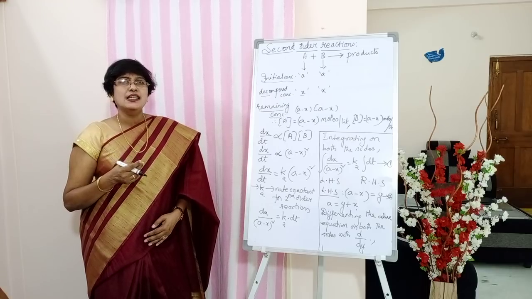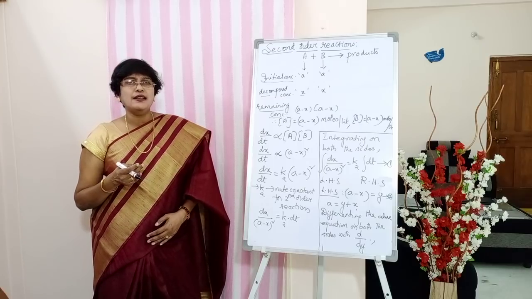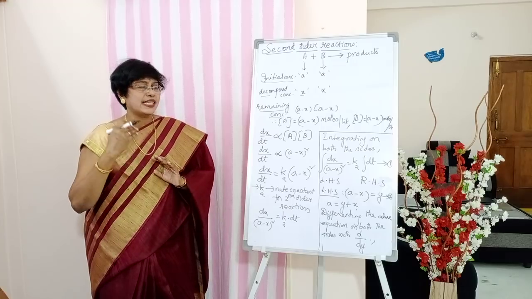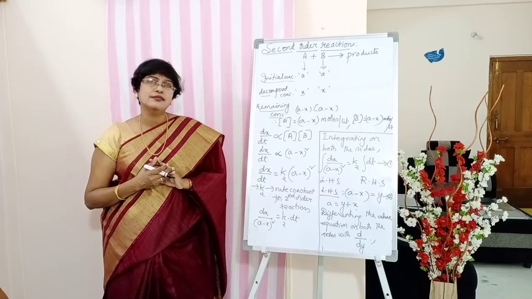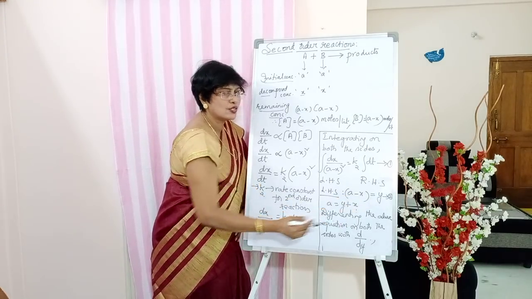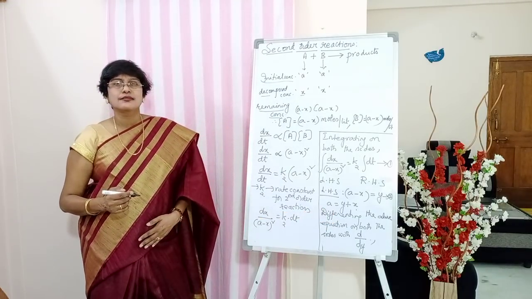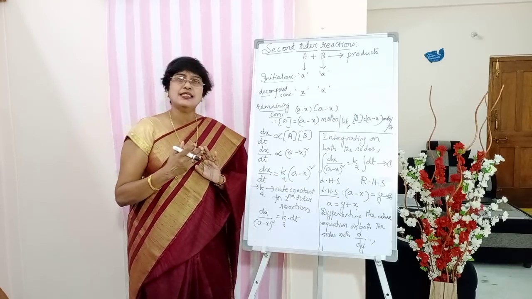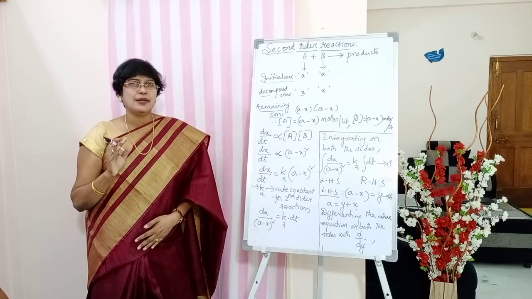Solving the left hand side portion. a minus x is equal to y. Mark it as equation 2. Now what will a be equal to? If this minus x goes to the right side, a is equal to y plus x. So let us consider a minus x is equal to y, so a is equal to y plus x. Written?